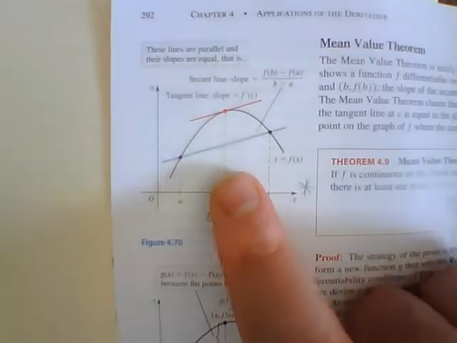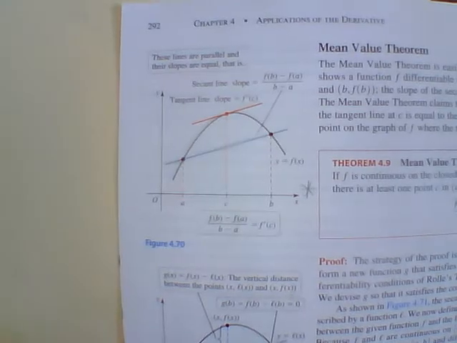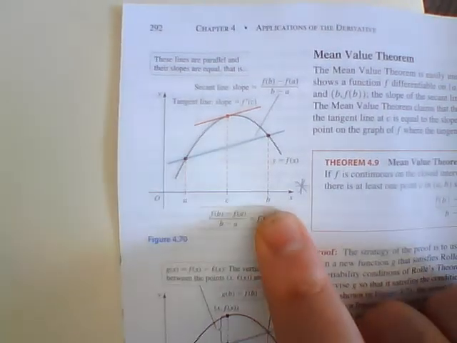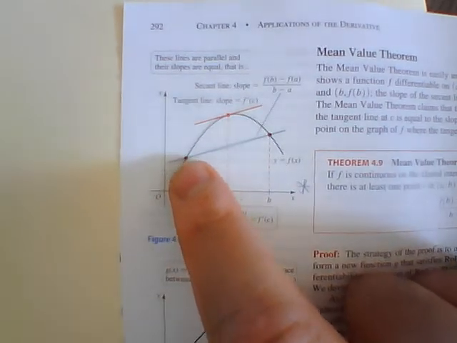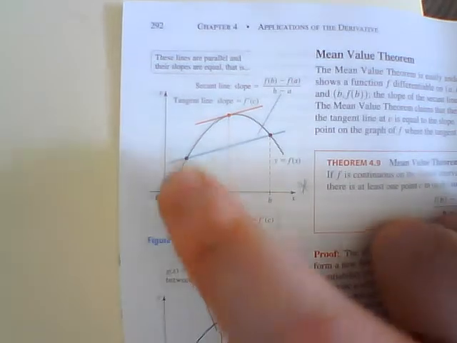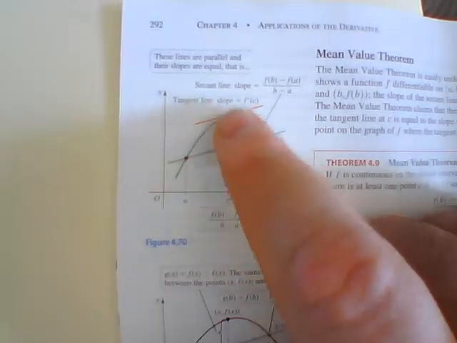What we talk about here is not necessarily having an overall 0. If we have a and b right here, and we look at the slope going through these two points, there is at least one point somewhere on this graph that shares the same slope